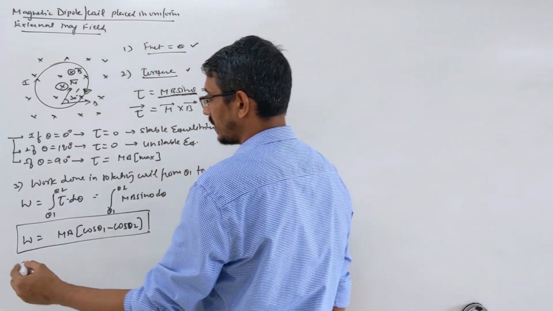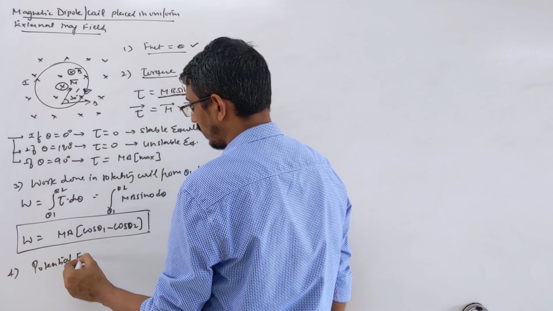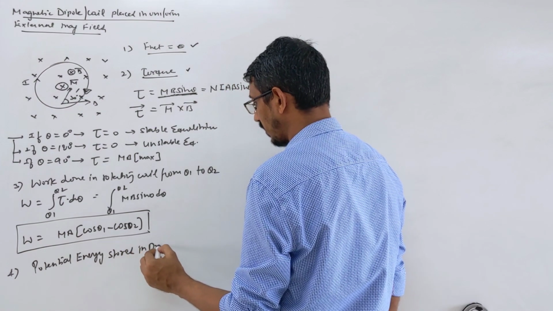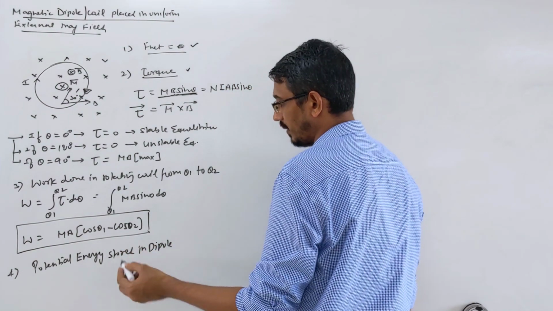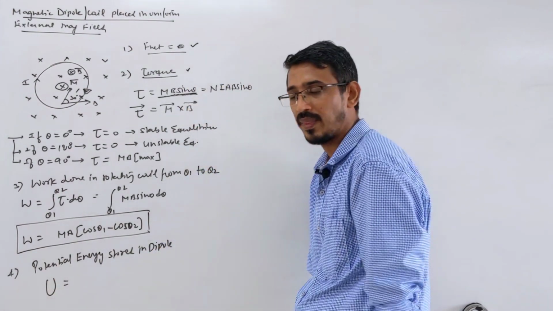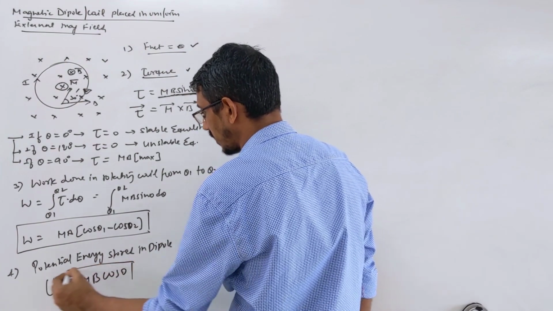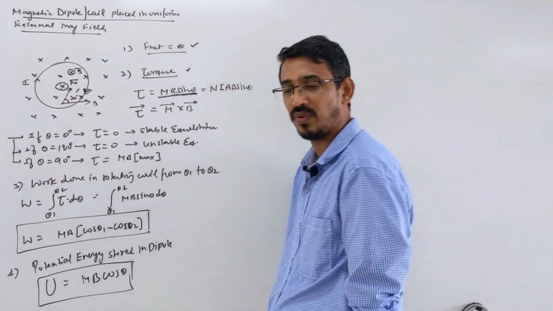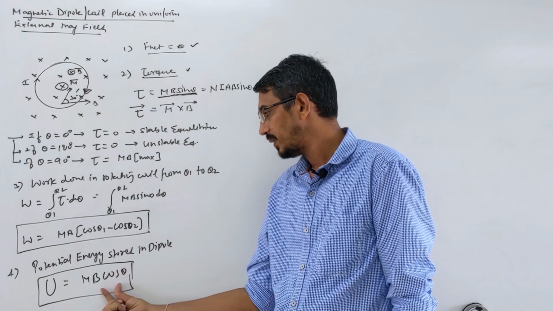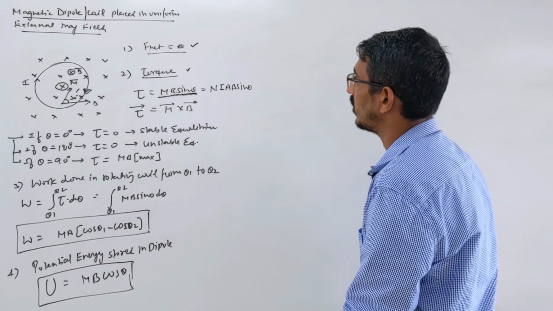One last question they can ask, a small question, is called potential energy stored in a dipole, right? How much energy is stored at a given angle? So what is the answer? Simply, potential energy is equal to the work done only. So if some angle is given to you, you want to find it simply as minus mB cos theta. That's the potential energy at that given angle. One particular angle will be given, say the dipole is placed at 30 degrees. Then what is the energy stored in that dipole? The answer is mB cos theta only. So these are the small questions about this.